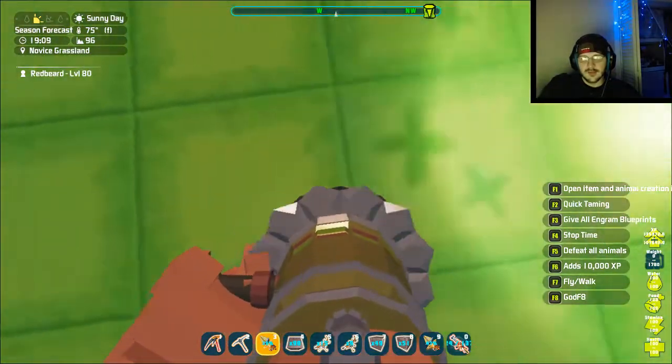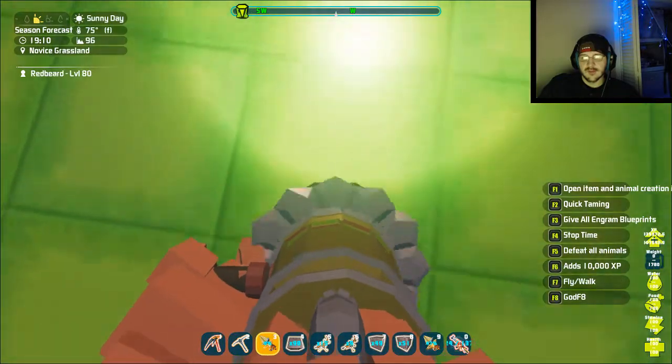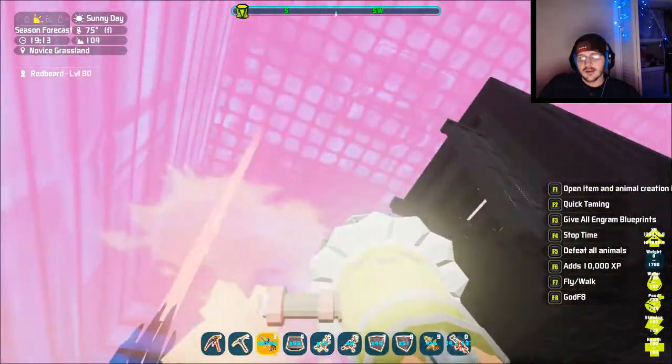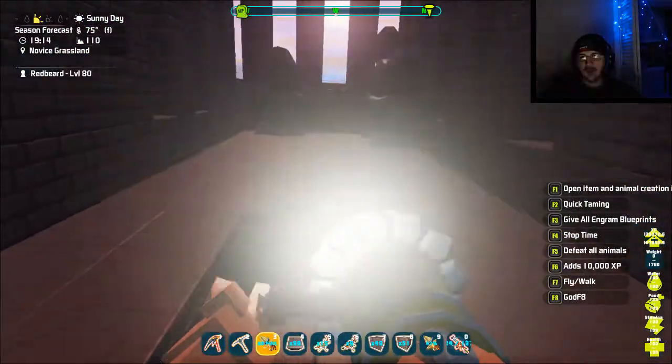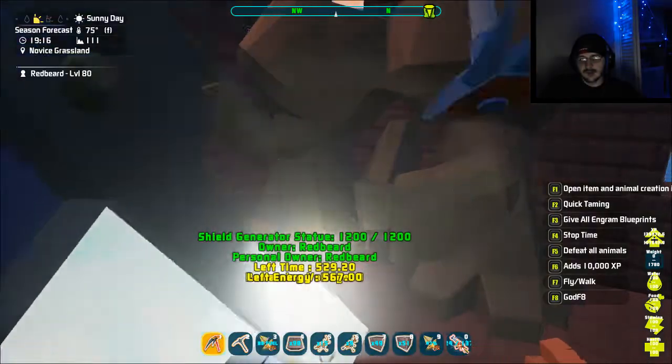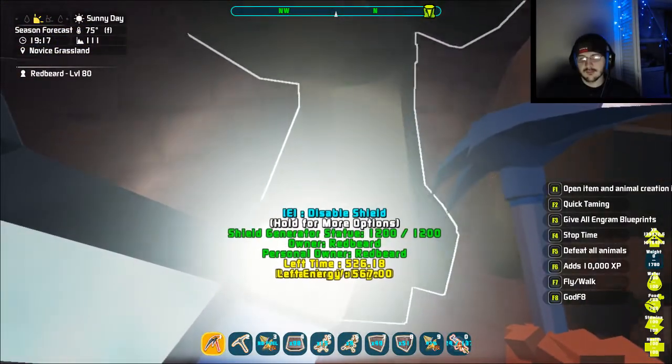Because I think this happened to me. I used the shield generators to defend my first base. By the time we were raided on the other server, we already had a second base, but we lost our first base. However, we... oh? No, maybe it's because I'm in the same...